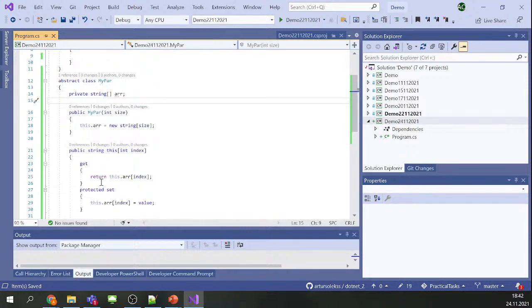So this is the restriction here. If we simply have the attribute without getter and setter, then we cannot really change the access modifier. Again, we can create a getter and setter, but an indexer means that